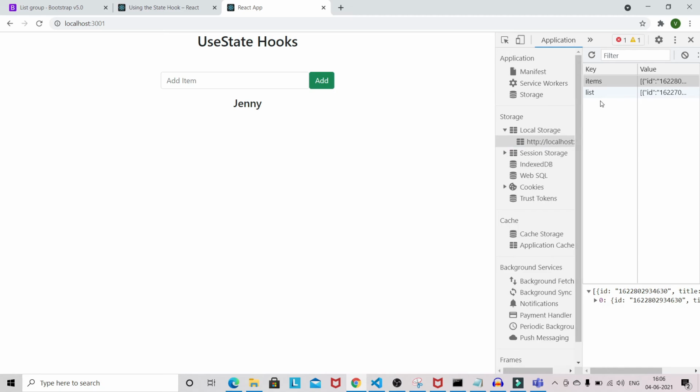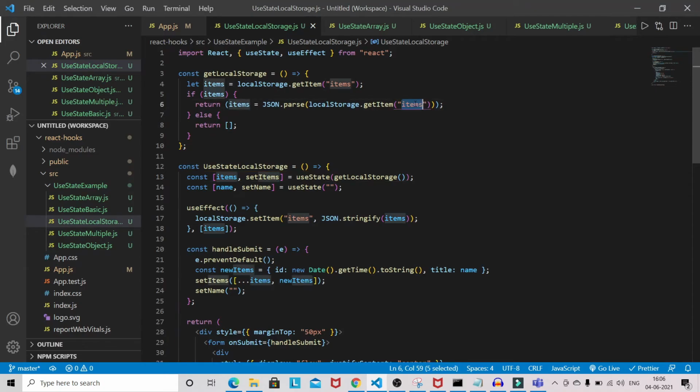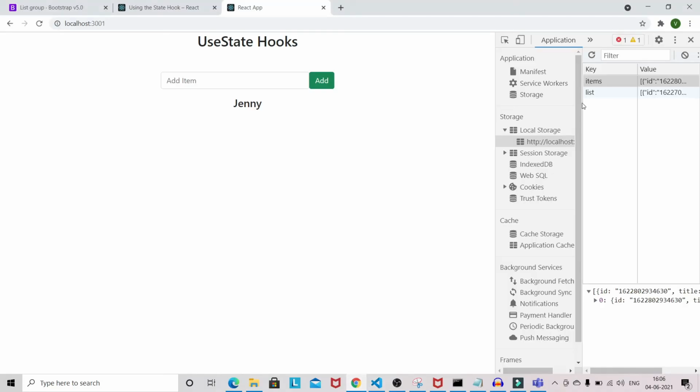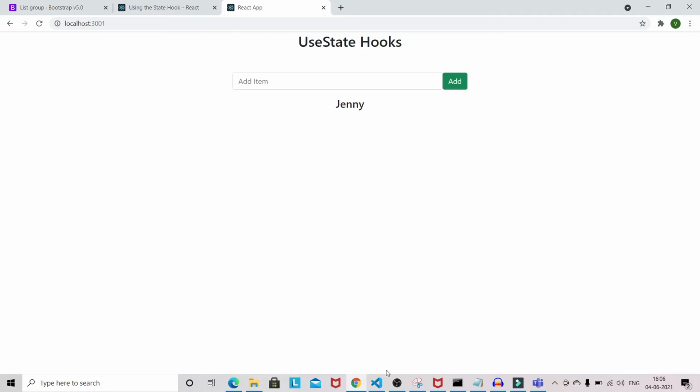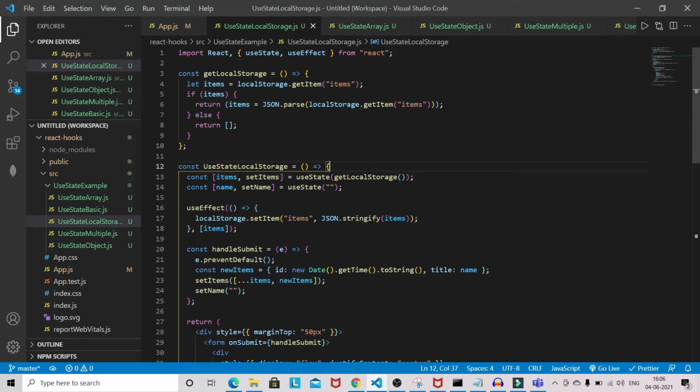You can see that we have the item. You can ignore this one, we have the item because we have provided the items here. So you can see that we are now extracting the data from here if the data is already there. Jenny is there already, so it got the data from the local storage. I hope you understand the concept of local storage with useState, how you can use useState with local storage.